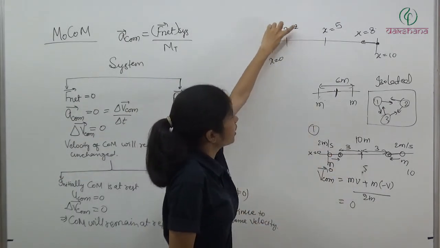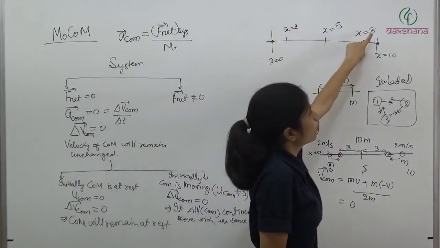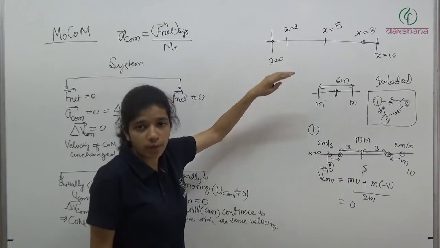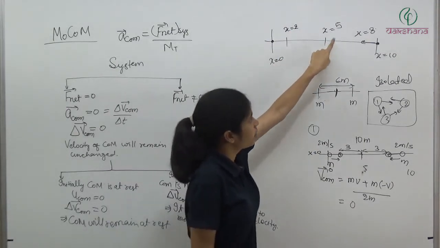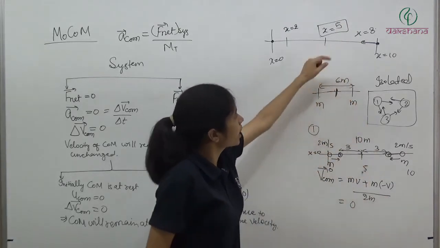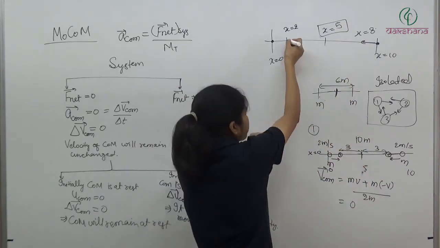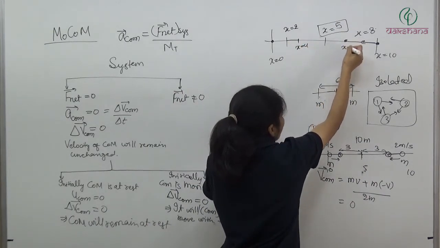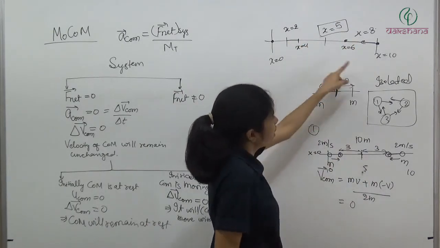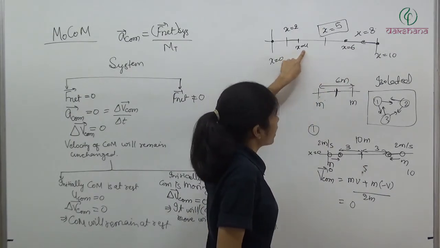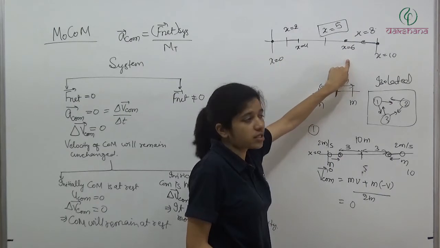यहाँ पे m1 x1 2m, m2 x2 8m, 10m divided by total mass 2m. तो हमारे पास क्या आएगा? x coordinate will be 5. So initially also x coordinate was 5. Now also x coordinate is 5. Now after 1 second it will be at x is equal to 4, and it will be at x is equal to 6. So again where will the center of mass lie? It will lie at x is equal to 5 only. 4m plus 6m divided by 2m, it is 5.